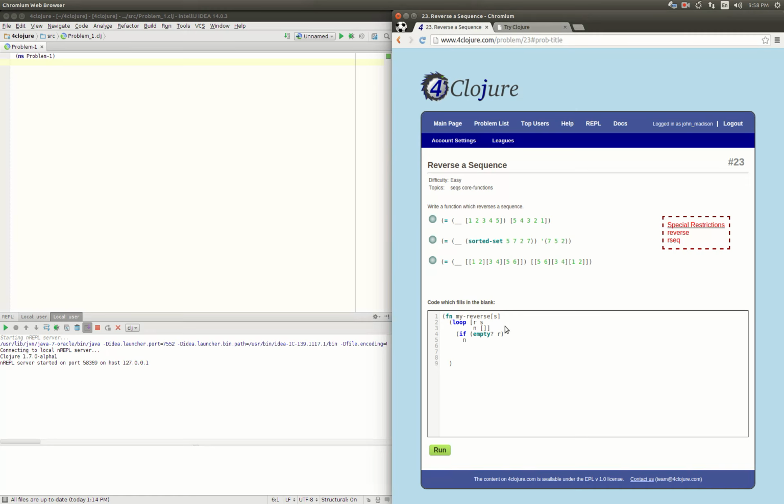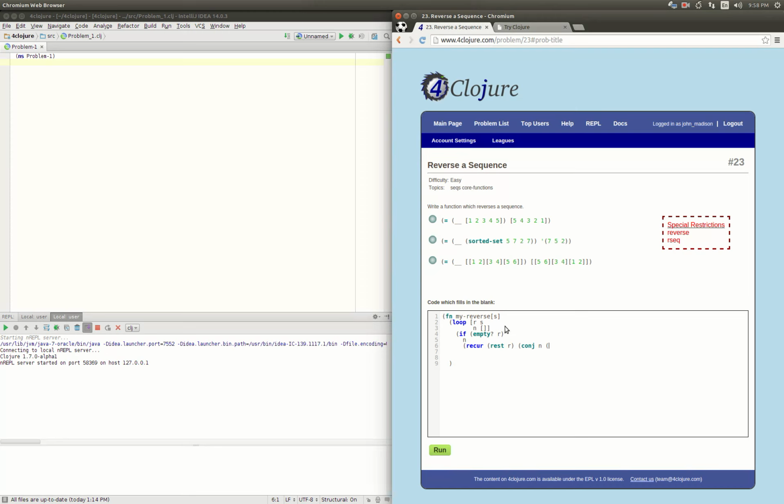Otherwise, what we're going to do is we are going to recur, and we will take the rest of R. We'll go in there, and then we need to build up our new list. So we're going to conj, and so conj goes sequence, and then what you're going to add onto. So we're going to conj onto n